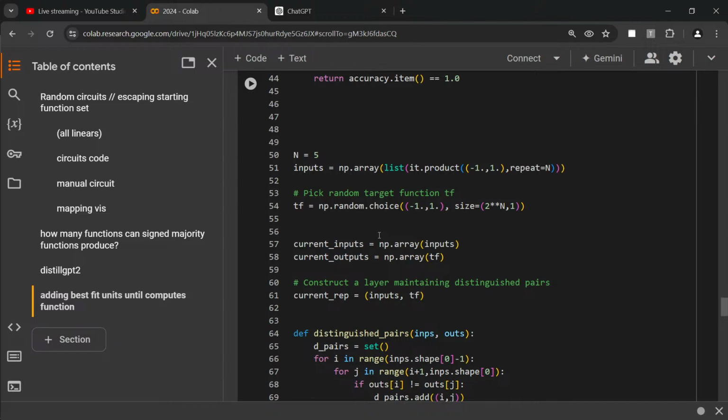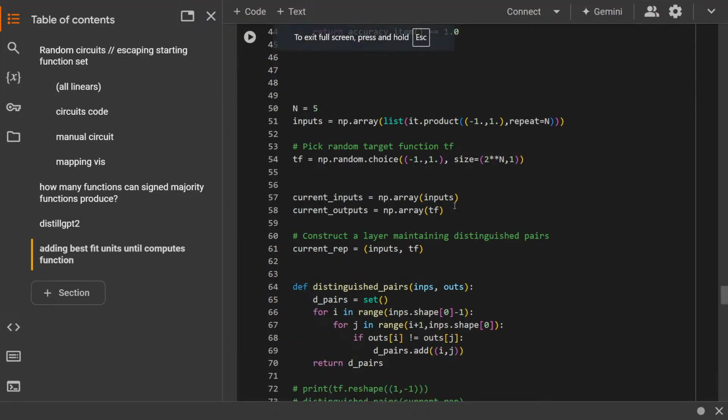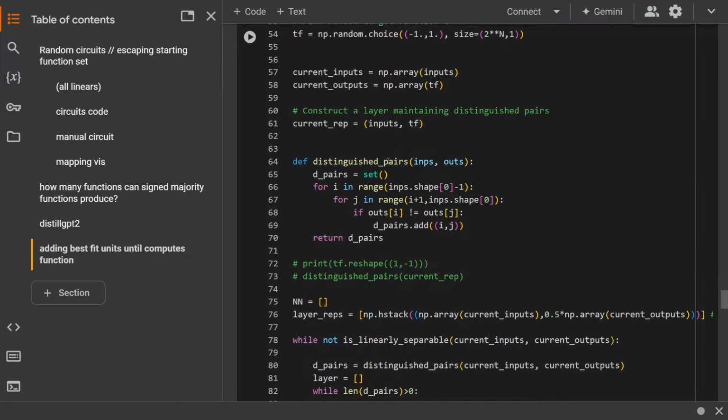And this was doing it kind of difficultly, because for our mappings, the target function, we were inputting all possible inputs, which is maximally hard, and so you maintain distinguished